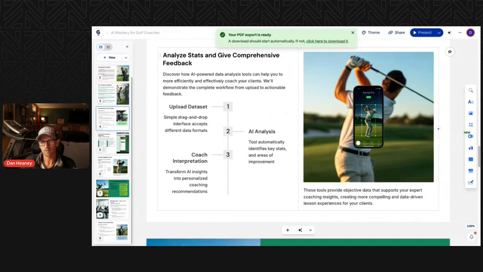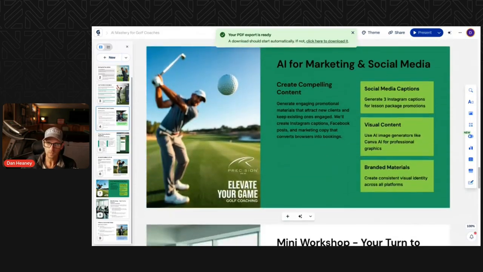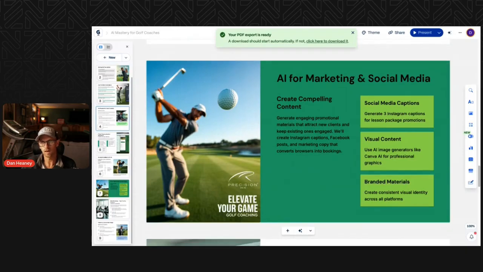I already went into this a little bit in analysis and data. Coming back into a bit more content ideas and ways that you can use this to produce even more content. I don't want to get too crazy into the stuff that AI is producing now, and 6 months from now it's going to be wild what it's able to do. But some of the simple things that you can do inside of social media, beyond just coming up with the ideas and creating different scripts, is to help with the visuals that you want to produce for the social media content. These visuals can be both images and also videos.